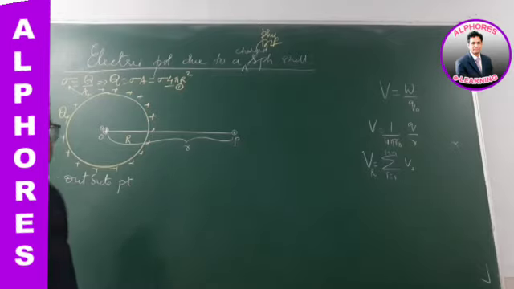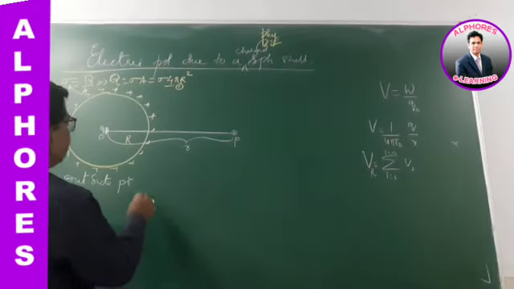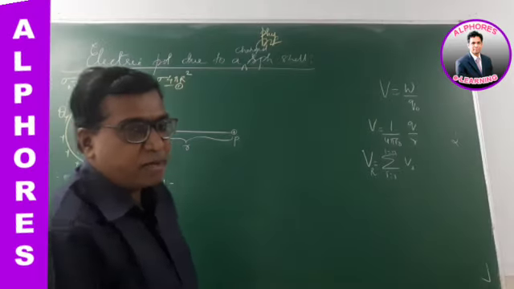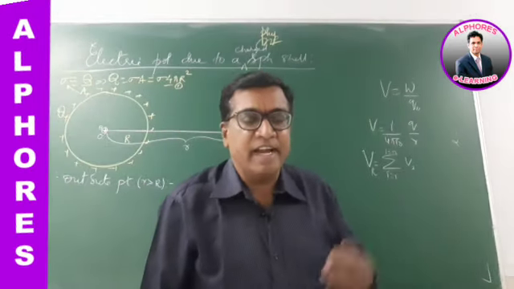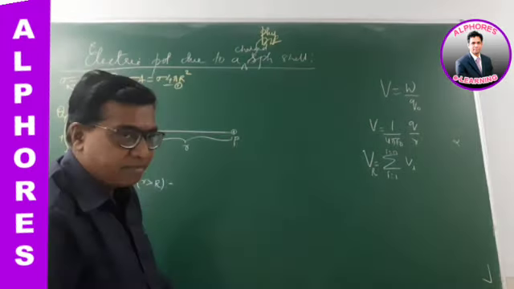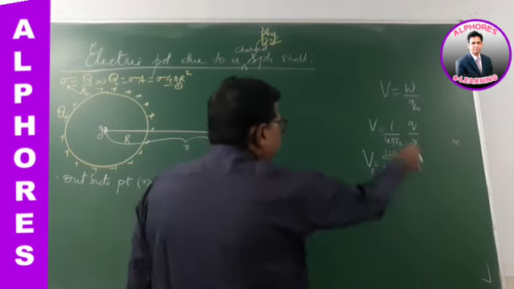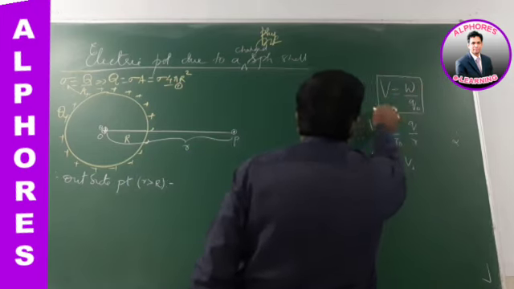Consider a point outside a spherical shell, at a distance r greater than the radius of the sphere. I am taking a point P at a distance small r, which is greater than the radius of the sphere, outside the shell. Now, by definition, the potential is the amount of work done